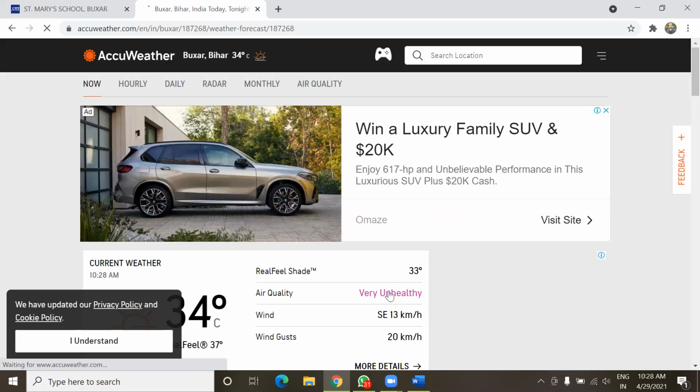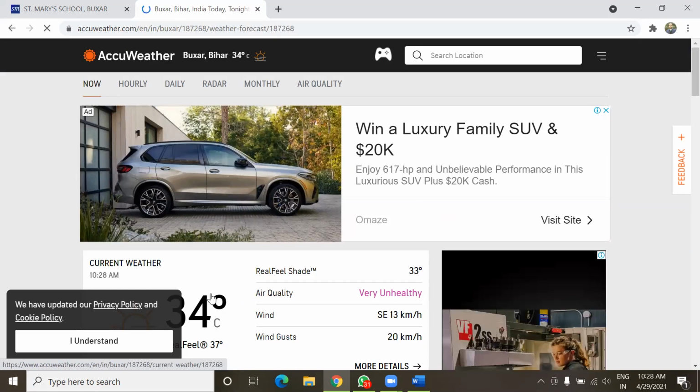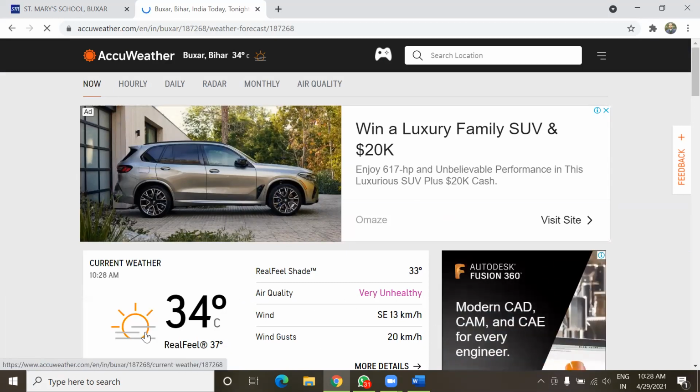Here you can see information related to the weather for Buxar. And if any other user opens this same website and searches for another city, this information will appear differently to that user, right?